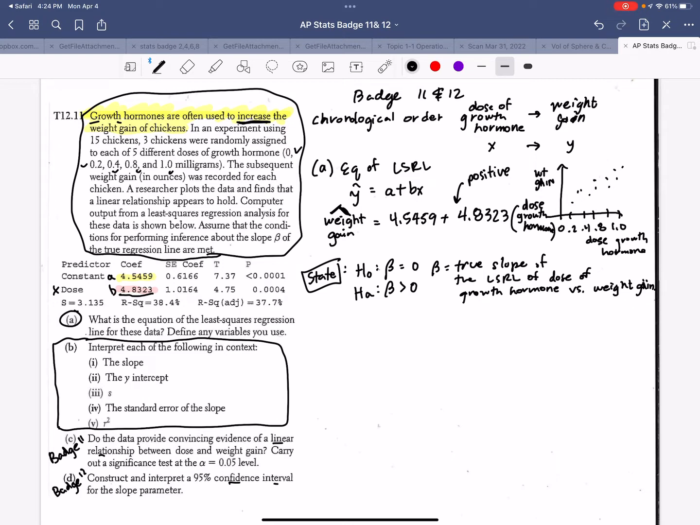Now, state, ready for our plan, right? Now, I don't have a lot of stuff here. I can say at least what we're going to do. We will perform a t-test for beta. And, oh wait, there's something special here. Yeah, it says assume that the conditions have been met. So we're going to say,